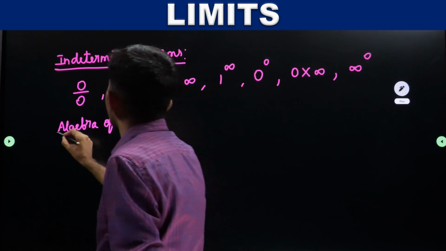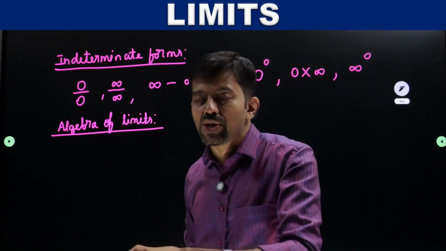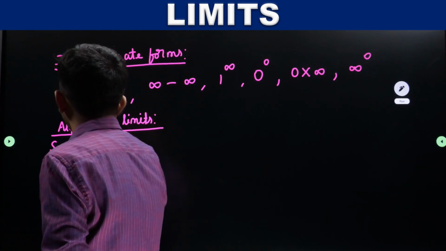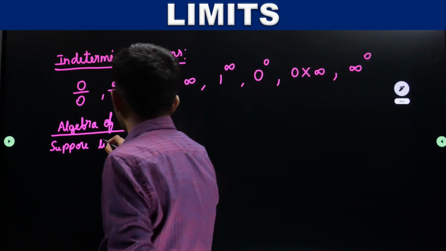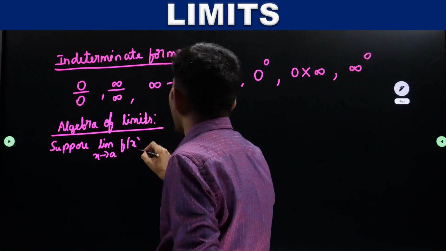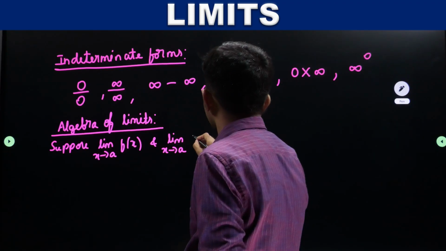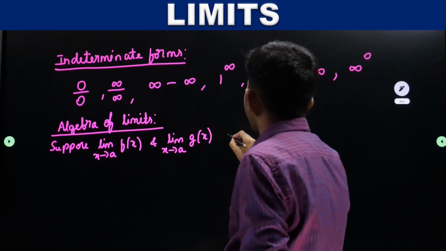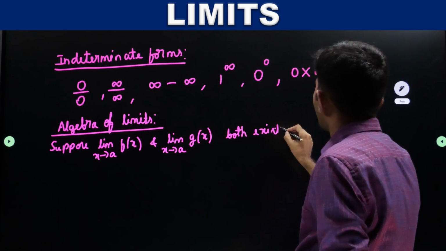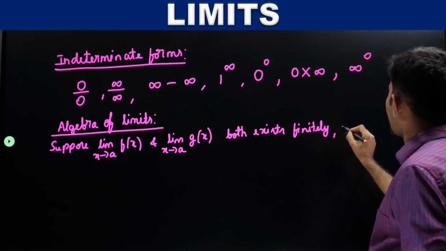Algebra of limits. Suppose limit x tends to a, f of x and limit x tends to a, g of x both exist finitely. Then